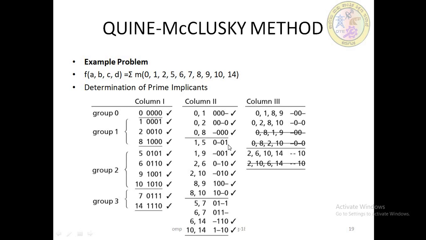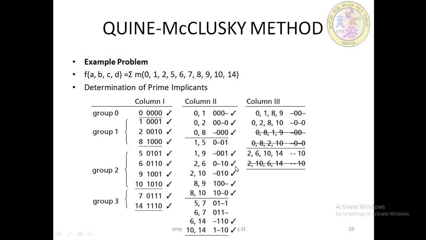Why are we taking that? Because this is not matched with any of the other combinations available here. Once the comparison is done, if it exists in the next table, we will be striking it out. Here you can see the 1 9 combination is present here. The 2 6 combination is somewhere present here. The 2 10 combination is also present here. The 8 9 combination somewhere it has to be there. Okay, the 8 9 combination is present here.